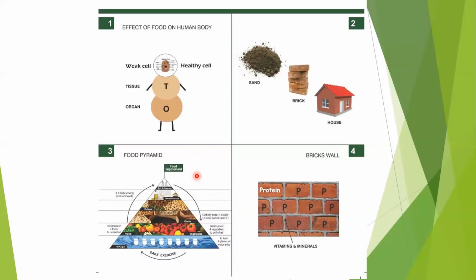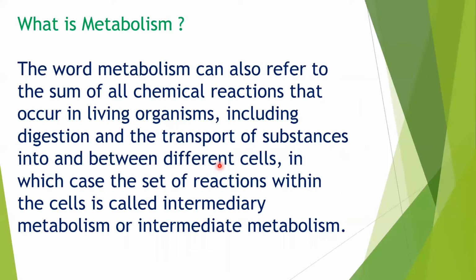A lot of theories which were there in the 1930s changed in the 1950s, and changed again in the 1970s. And now more and more scientists are challenging old theories. And I'm going to share some light on that and give some important links as to where we can find more information. This is very, very important: the question that we need to ask is whether the food pyramid we are eating today is right or not, right? So this brings us to the very important topic and term, which is metabolism.